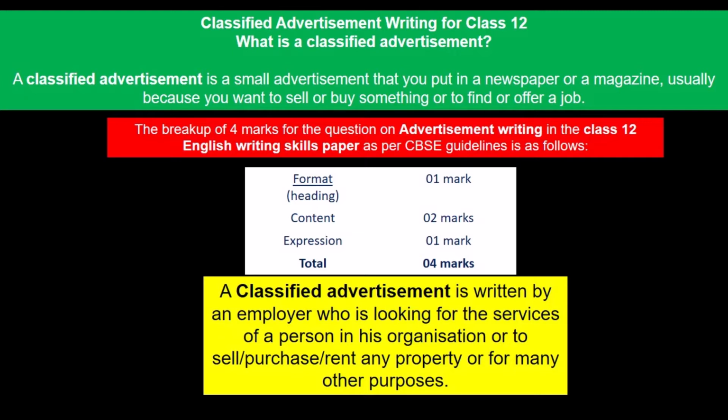And again, with this short writing skill and task, we will be talking about something quite commercial, something quite professional. And when things become commercial and professional, they become formal also, students. And with formal things, there should be no kind of compromise. The formal, commercial, professional things, like in the classified advertisement category, will be displayed in a newspaper, and the newspaper will charge for that. So every word, every phrase that you add extra will fetch extra charges for you. So this time you should be very particular about the word limit, as prescribed by CBSE, the 50